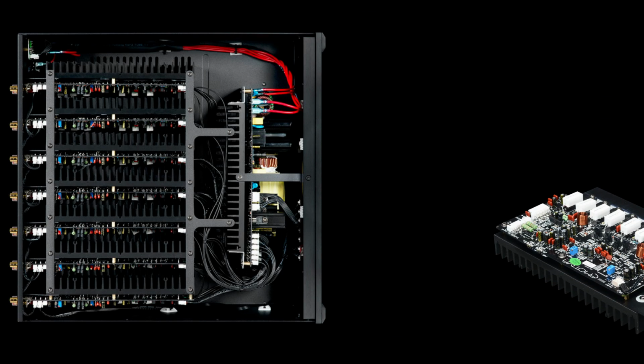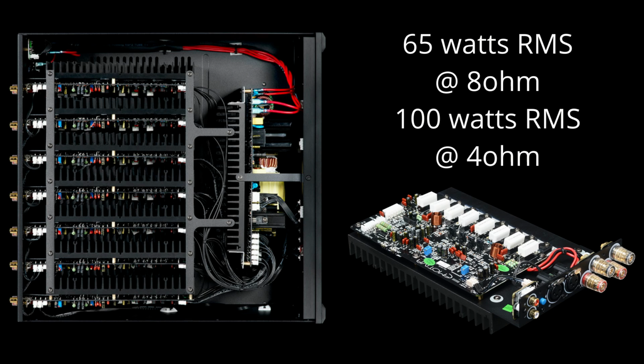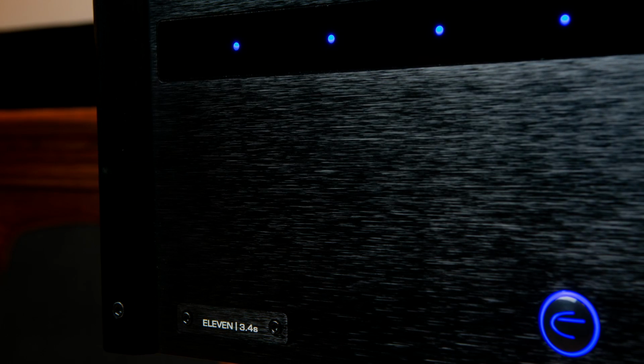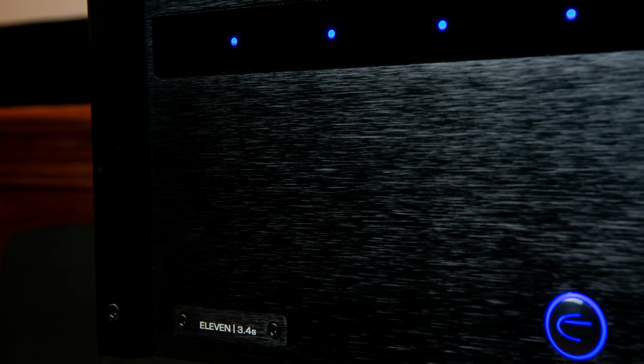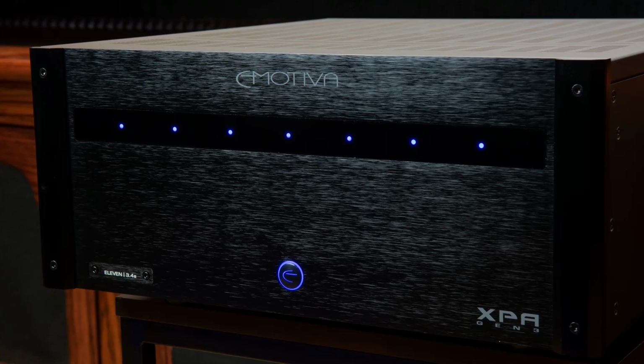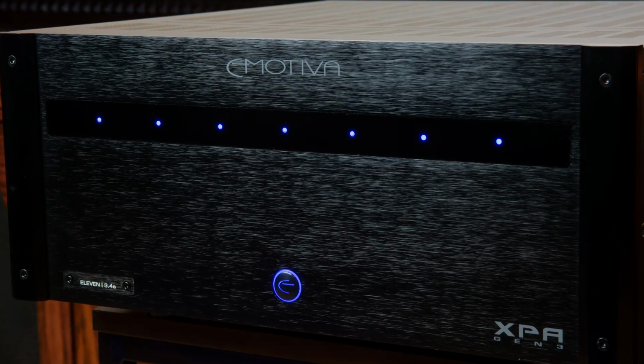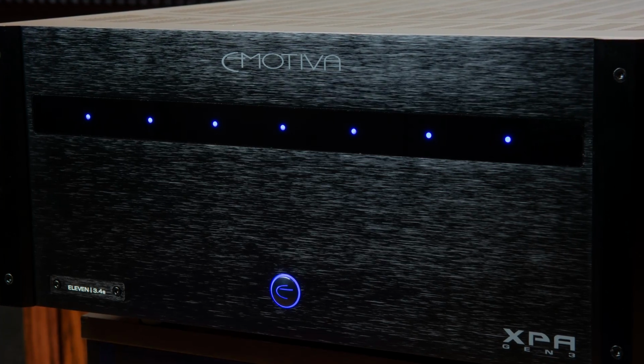Now these modules are a little bit lower in wattage. They're 65 watts per channel continuous into 8 ohms and 100 watts per channel continuous into 4 ohms. The front of the unit features this beautiful brushed aluminum face with those mesmerizing blue LED lights. Up at the top you have 7 LEDs which represent each channel. Now each one of these can be turned off from the back, and I'll show you that in just a